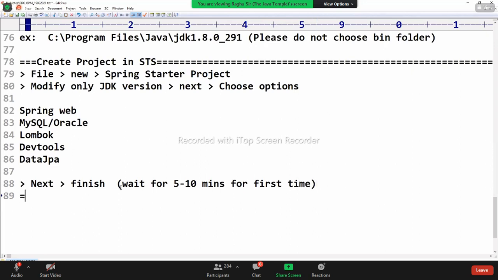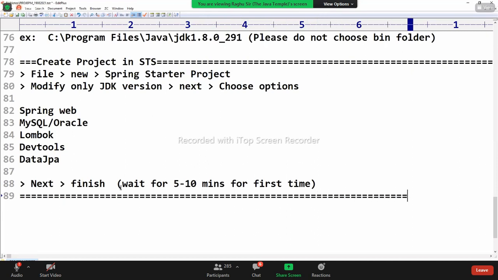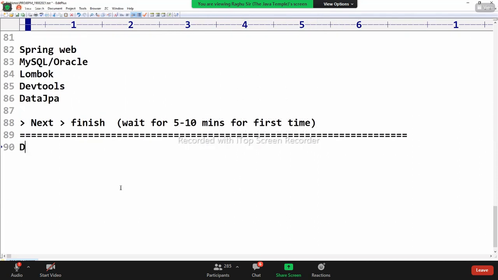Next one, database and database UI client. I recommend Postgres, your interest. Are you working with Postgres? Use it. Any one database. I recommend MySQL, sir. In production, any database you are able to work. Our application is completely database independent because of dialects and coding. So today, if you're using Oracle and tomorrow you change to MySQL, later you change to Postgres, your application should work. That's the target.